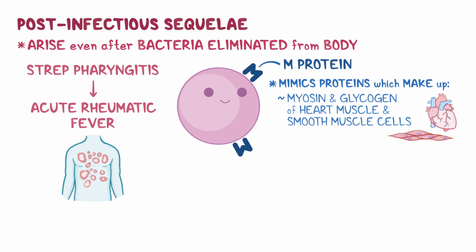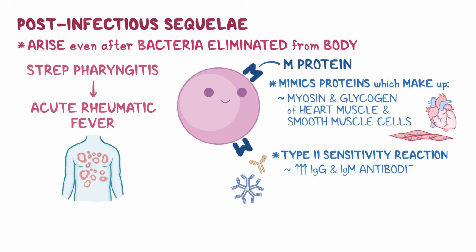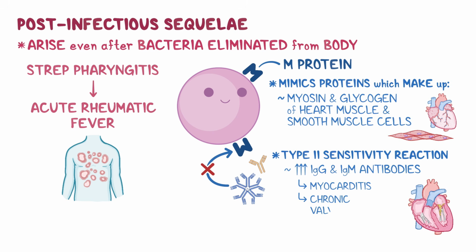This is not to say that they're identical, but rather that they're similar enough for the immune system to confuse these self-structures with the bacterial M protein, resulting in a type 2 sensitivity reaction. This means that the immune system releases a whole lot of IgG and IgM antibodies that are aimed to destroy the bacterial M proteins, but instead attack the heart muscle, causing myocarditis, the heart valves, causing chronic valve damage, or